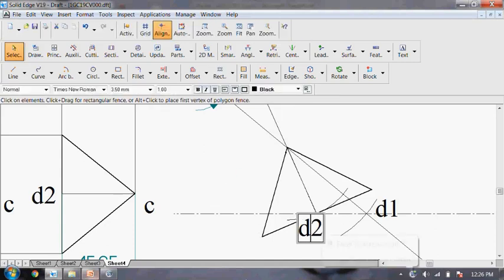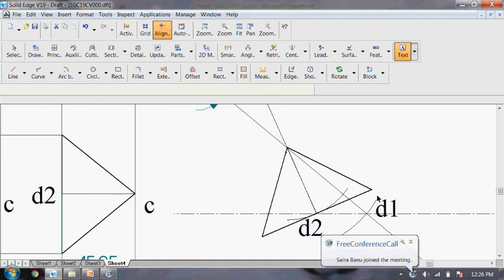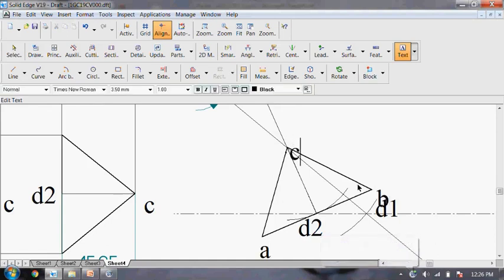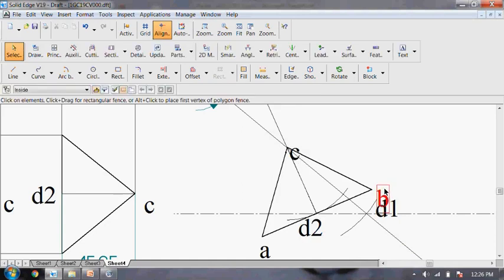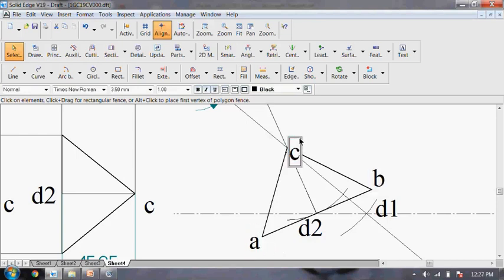Okay. Then the last step, so label this. This is A, this is B, and this is all your C. So with this, we will complete the last front view.